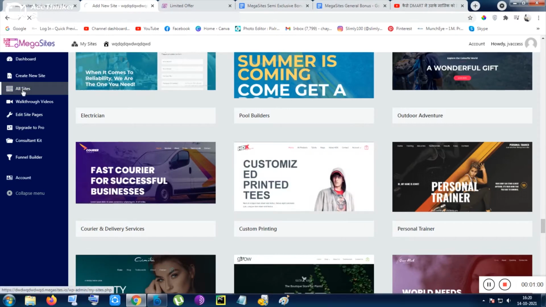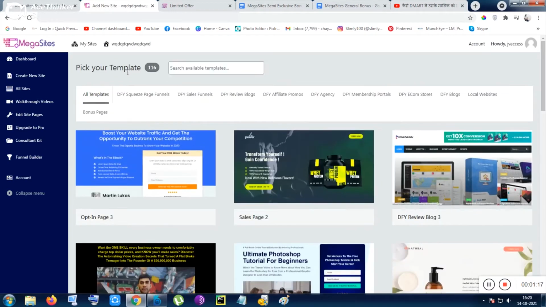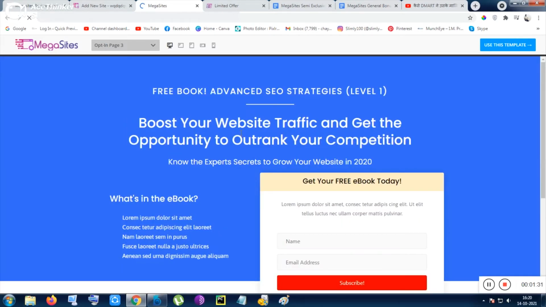And the next thing is, all your sites will appear when you have started using it and built some sites. You can click on add new to add a new site, and you can click to edit your site. You can also click on the template to view it, select the template, and use the drag and drop building feature. Instantly you can edit whatever you want to personalize, whatever you want to customize.